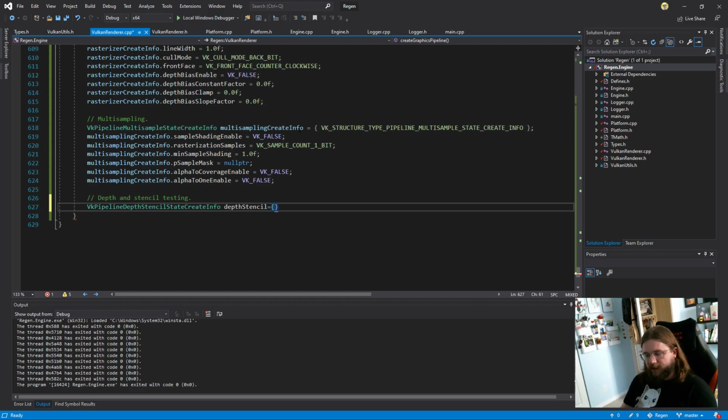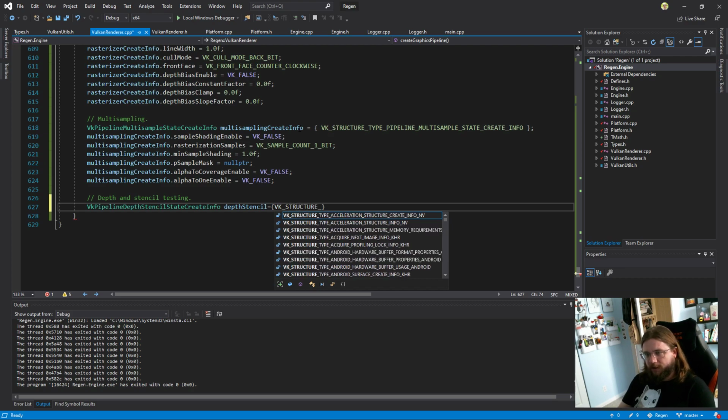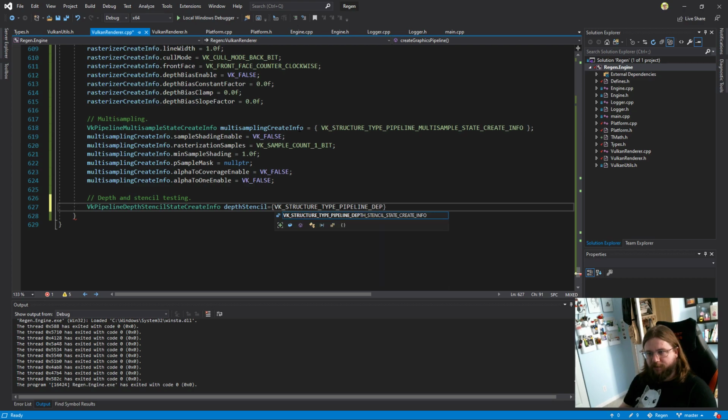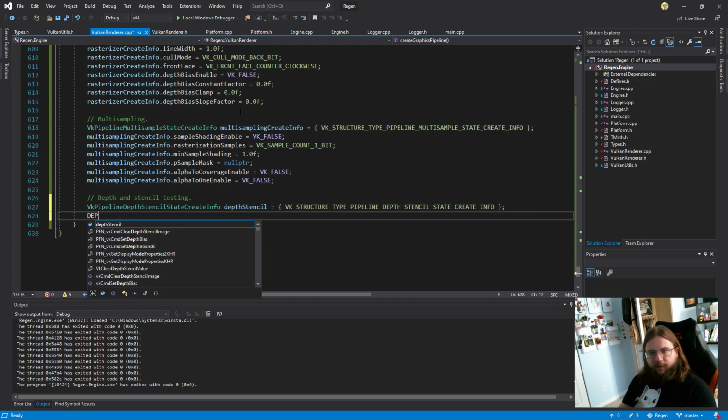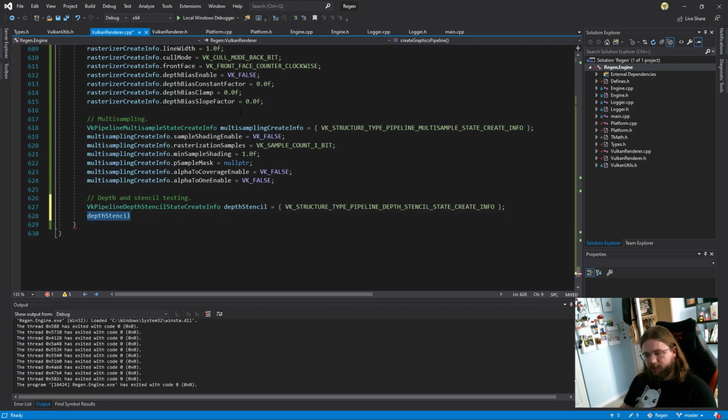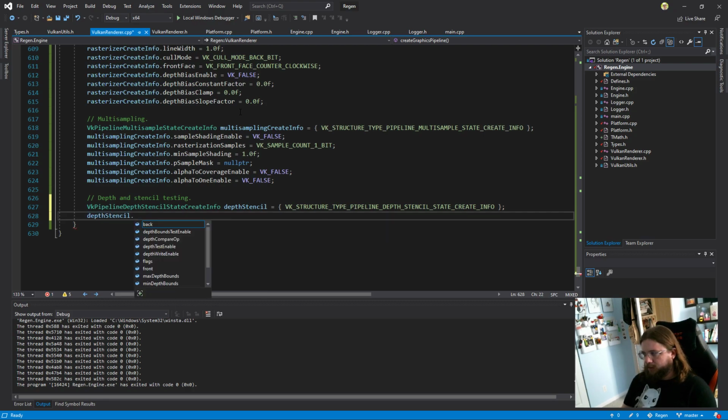And of course, it has a type, so VK structure type pipeline depth stencil state create info. Let's see. So logic. Whoops. No. I'm thinking of the color blend state. I think all we need to do is